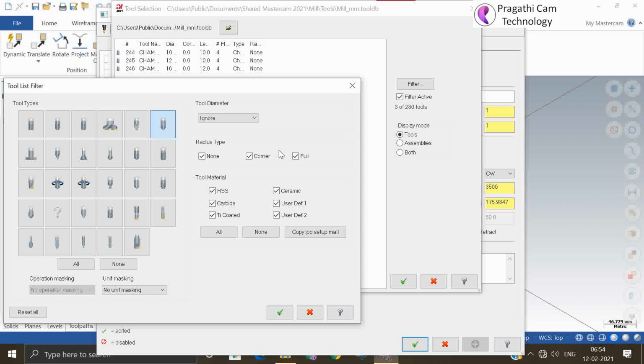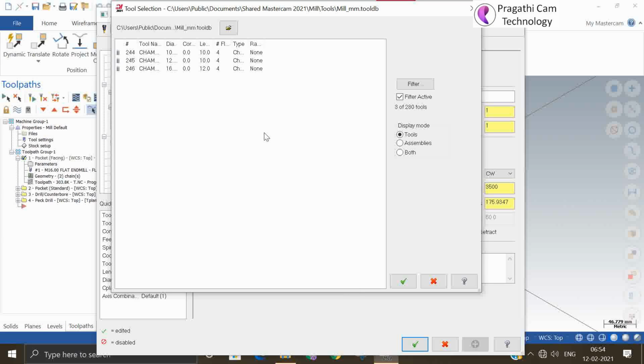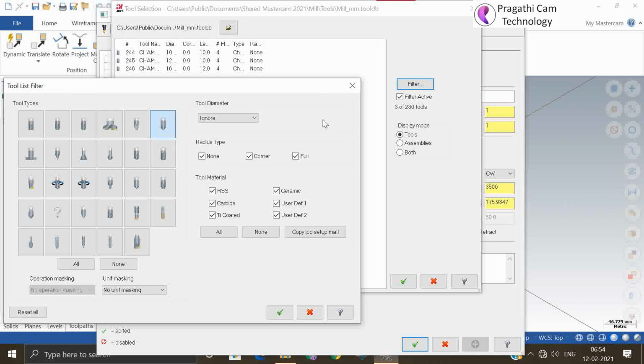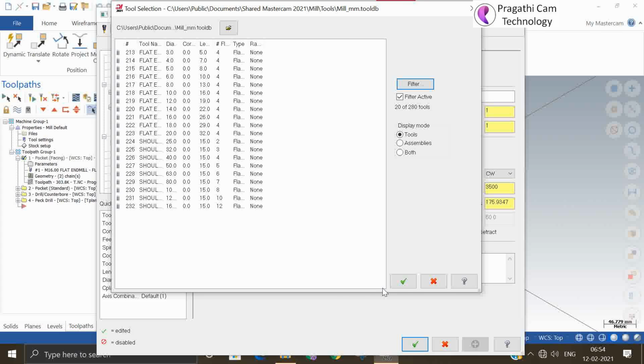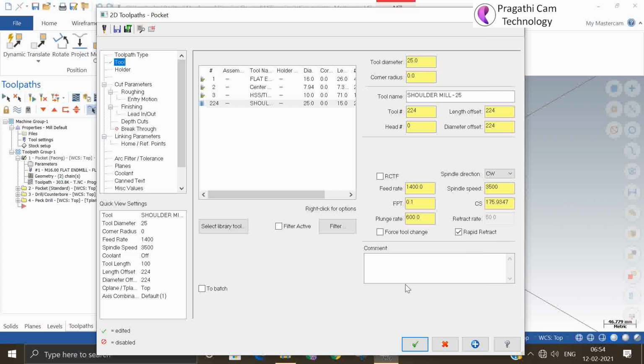For that reason, the filtration is useful. Again, I will say none and select the flat end mill. Now it shows all flat end mills. By filtering, tool selection will be easy.